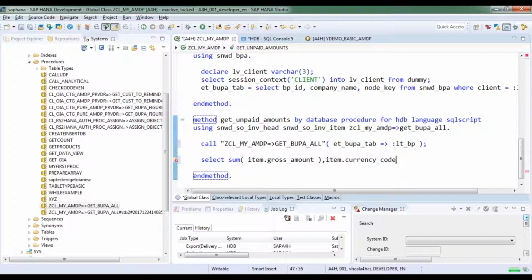Okay, this from my SNWD sales order items invoice item table as item. Okay, and of course I want to also select from header table the business partner ID, which is I think buyer GUID,